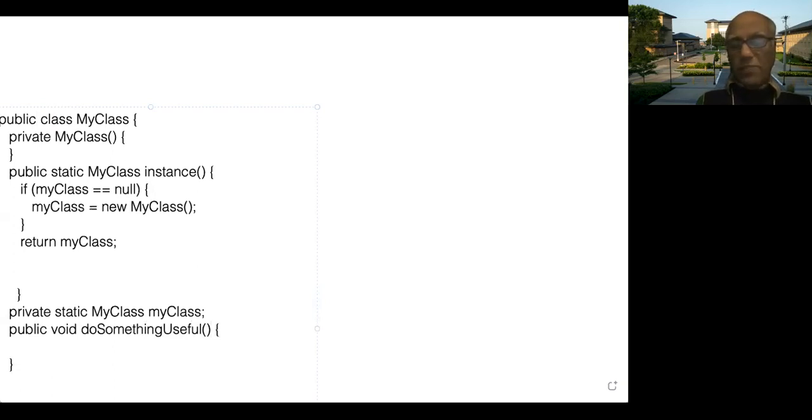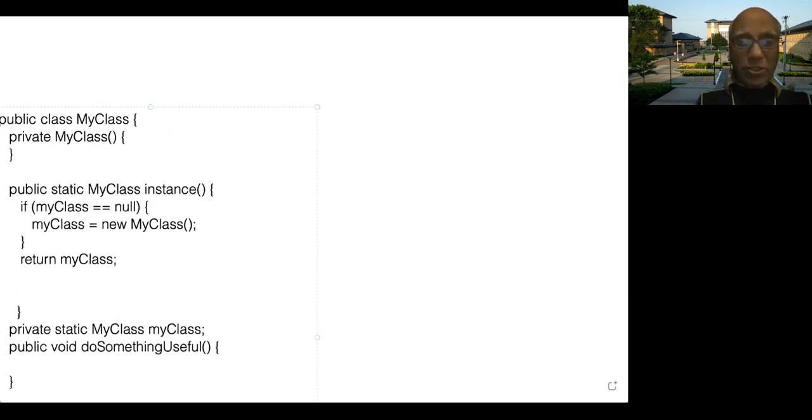So you can put lots of stuff here, but then there is only one object of this type. But the question is, how do you subclass this? That is dealt with in the slides and in the book and in the lectures. What you do is you write public class, your class extends my class, but then it will not compile because this has a private constructor. So what you need to do then is put a protected constructor